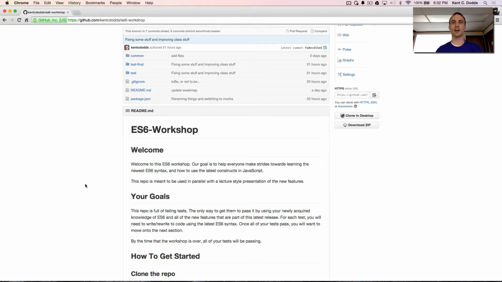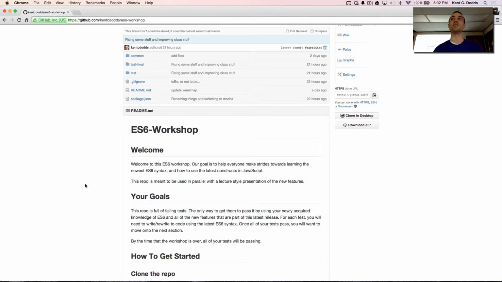It's been a couple of years since we've had a release of ECMAScript. Who knows what I mean when I say ES6? Okay, so just for those who didn't raise their hands, ES stands for ECMAScript, and actually I shouldn't say ES6, it's actually ES 2015.